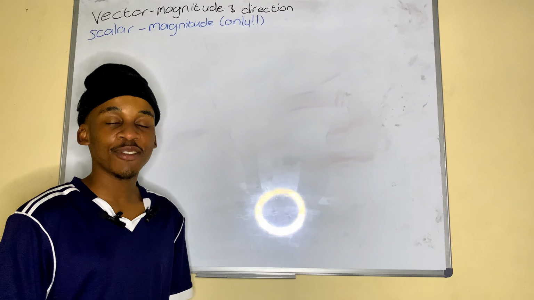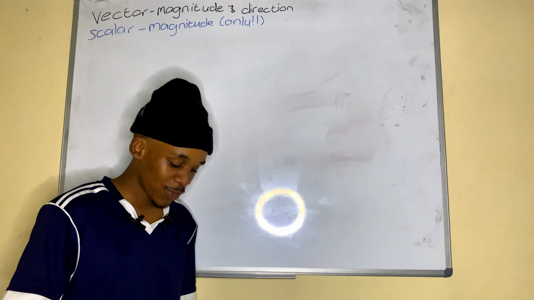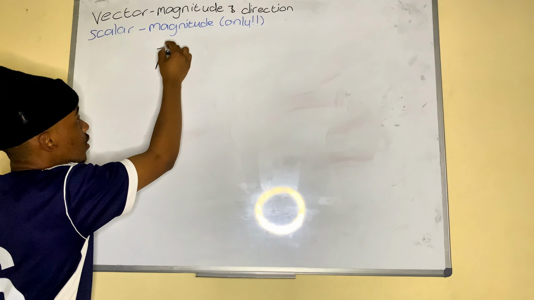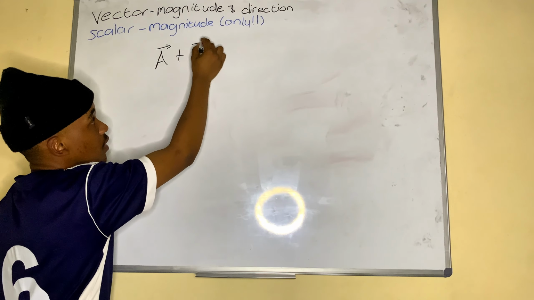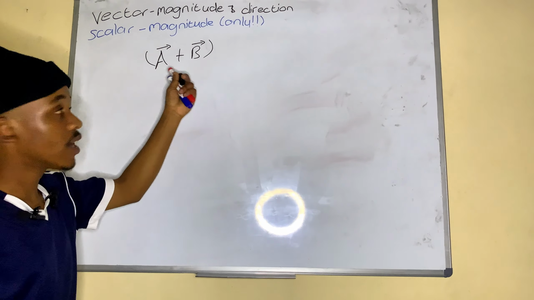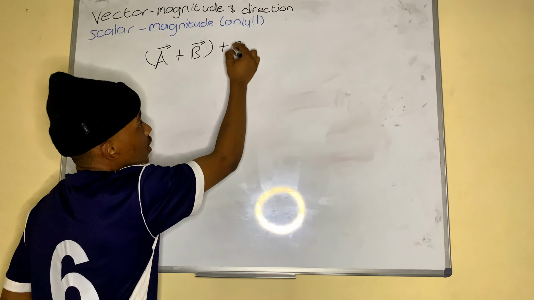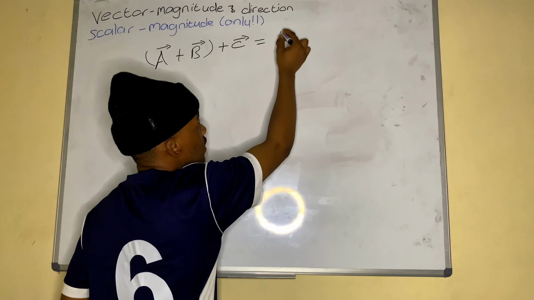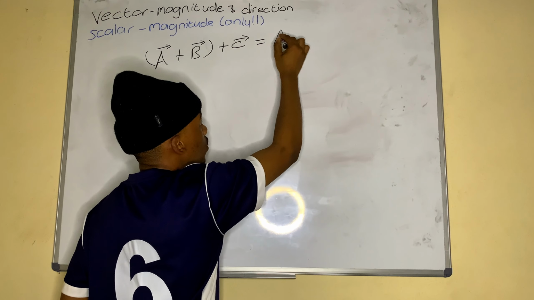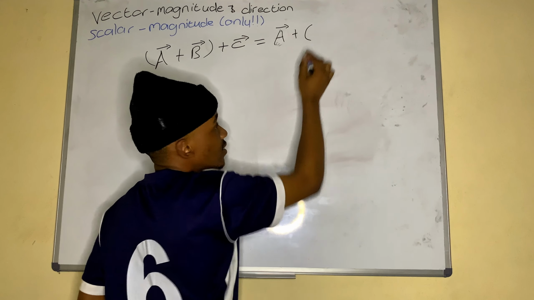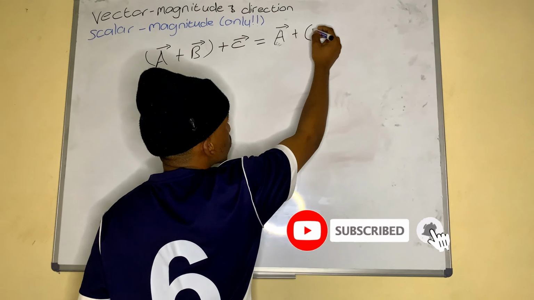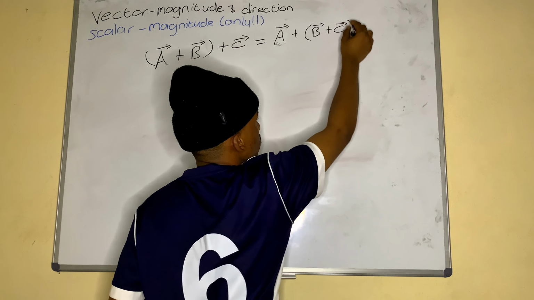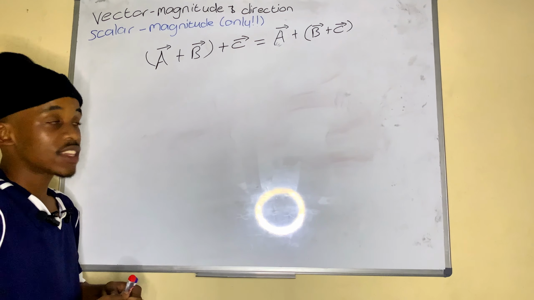It has also been found that vectors obey the associative law, which means that if we have vector A plus vector B being confined within brackets, adding it to vector C, this is equal to vector A plus the combination of, or the sum of, vector B plus C. To illustrate this graphically,